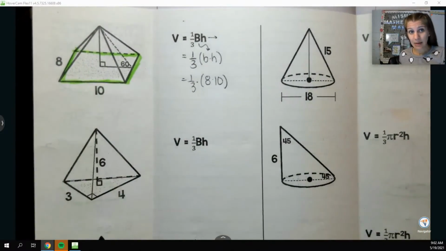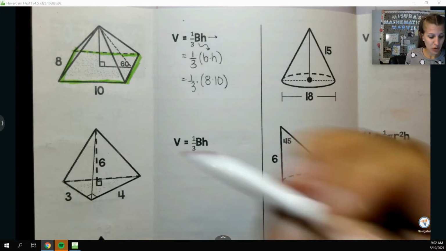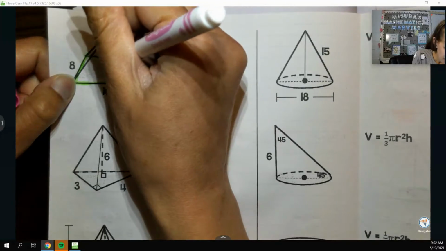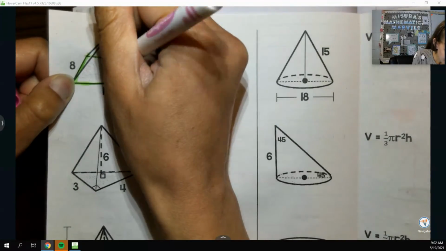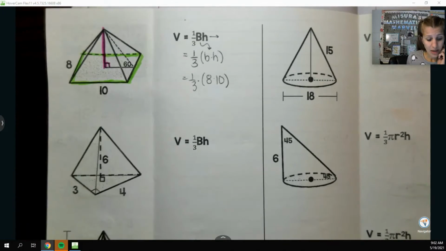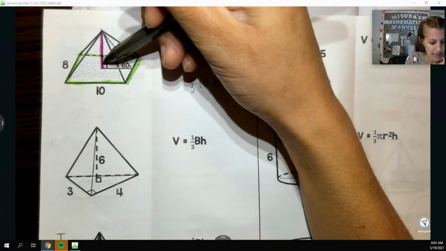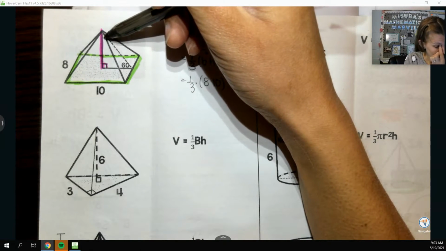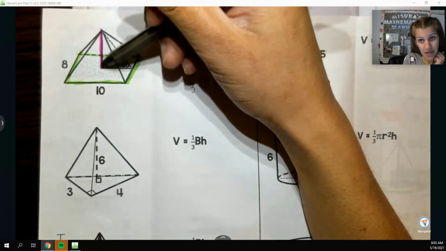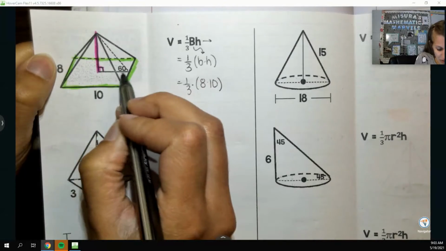Now, when I go back to think about the height of the pyramid, it has to be the true height. So this perpendicular height right here, which they did not show me a measure of. They also did not show me the slanted height, but they are showing me this 30, 60, 90 triangle in here. Now, unfortunately, it seems like I don't know any of those side lengths, but I kind of do know this one here